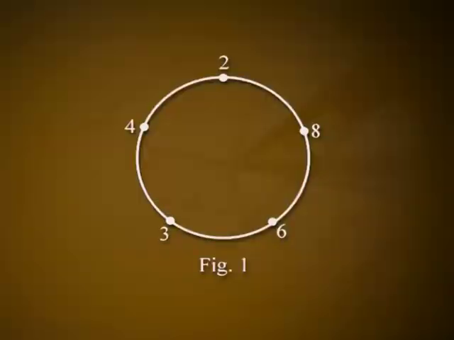Cycles and cyclic notation. Suppose the 5 numbers 2, 4, 3, 6, 8 are distributed evenly on the circumference of a circle as shown in figure 1. Suppose the circle is then rotated 2π/5 radians counterclockwise so that 2 is carried to the position formerly occupied by 4, 4 into that occupied by 3, and so on. Let σ be the permutation in S8 that leaves 1, 5 and 7 fixed and acts on the remaining elements by rotating the circle as just described.